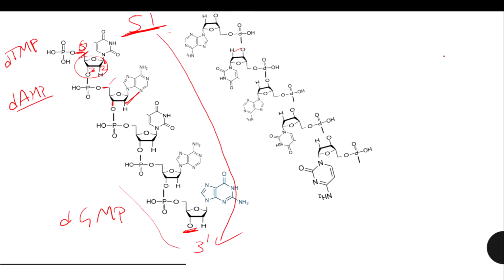So this is the sequence here. The same structure that I have written on the left side, I have inverted and shown on the right-hand side. So what are these two? This is the 5 dash to 3 dash terminal. And here the third carbon is set free, so we call this the 3 dash terminal, and here the fifth carbon is free, so we call this the 5 dash terminal. So the 5 dash terminal is attached to the 3 dash terminal, and the 3 dash terminal to the 5 dash terminal in the DNA, right? And how these two strands are attached, I will explain in the next slide.